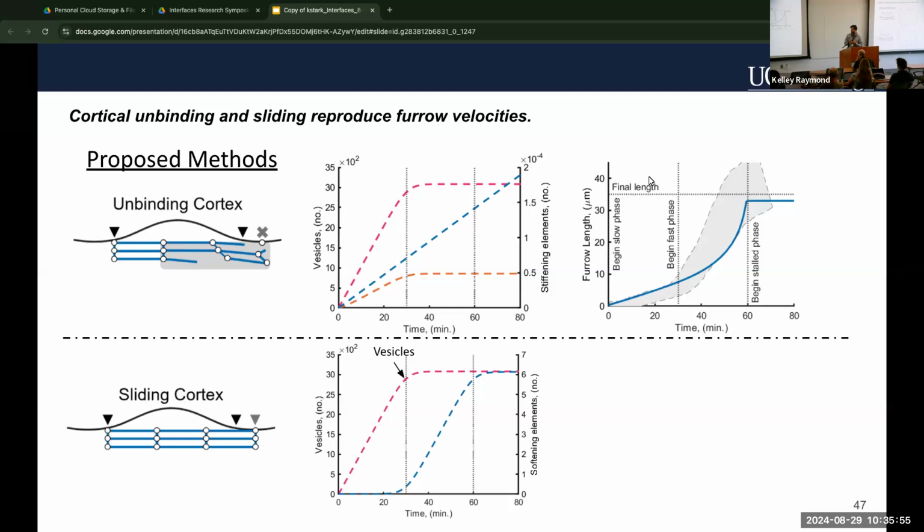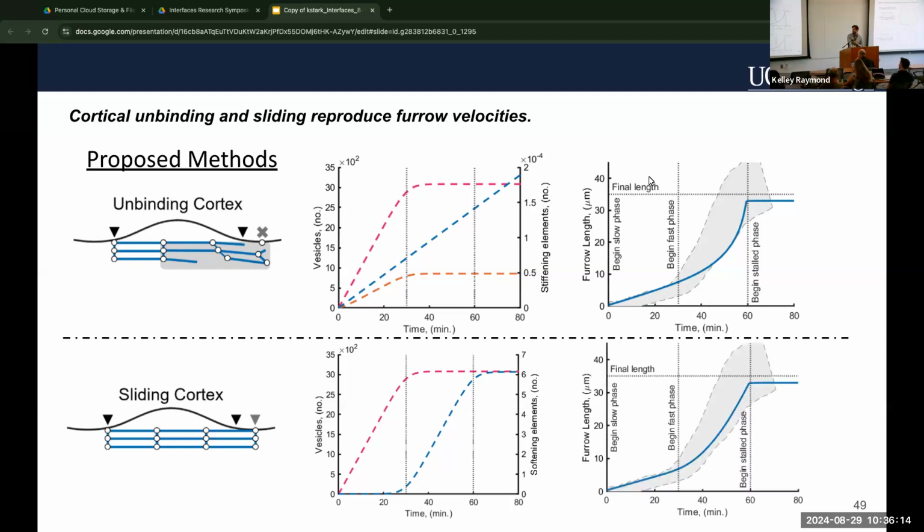Next, we have a sliding cortex that we want to check. In this case, vesicles are delivered at the exact same time. To get the results that we expected, we shifted when the viscoelastic softening happened. So in this case, vesicles softened the membrane, and we don't know yet why that is. We get this very pretty result here where we have a very distinct slow, fast, and stalled